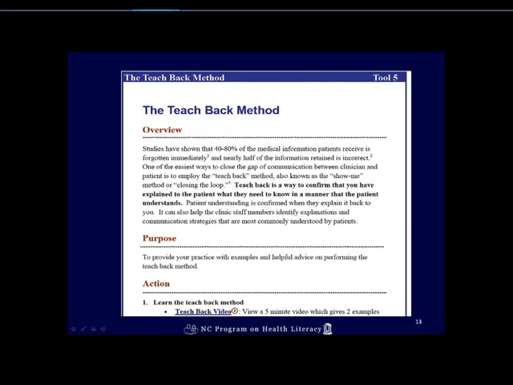She felt that it added a little bit of time, but that was more a learning curve in learning how to do a new skill, which teach-back was, and any time we learn a new skill, it's going to slow us down a little bit. She compared that to just doing the teach-back at the end of the visit. For her, it worked best to restructure her visit so that she used teach-back at multiple points through the visit rather than at the end.